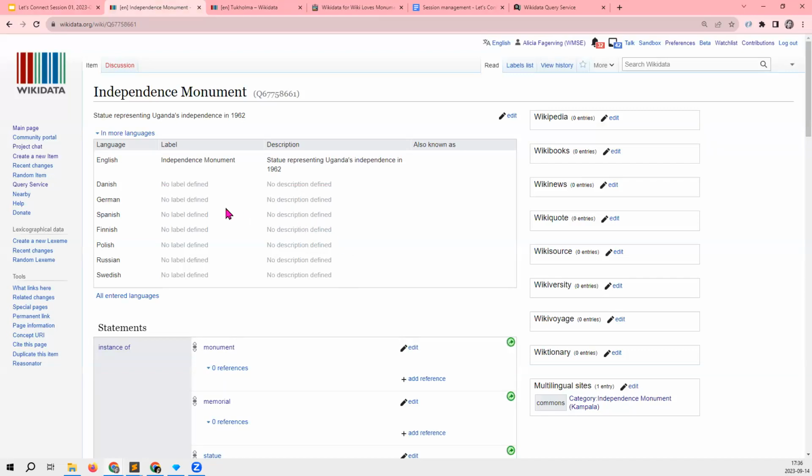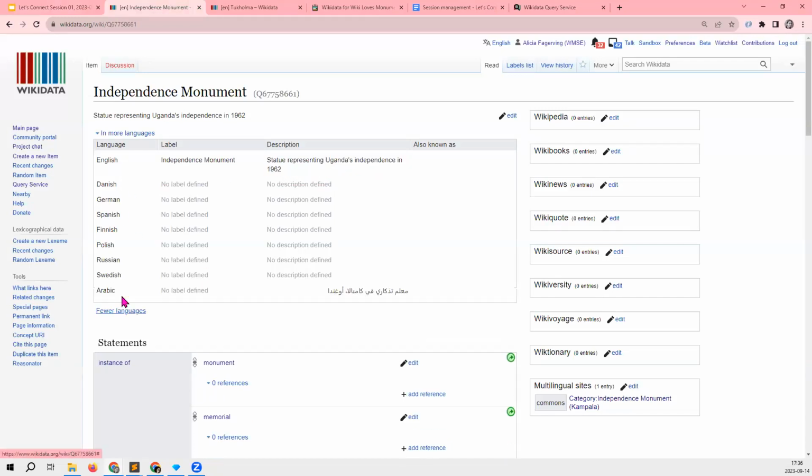Every Wikidata item has what we call terms, that is, labels, what its name is, and a very short description. And these are available in a lot of languages. We can see that this item only has a label in English, and it has descriptions in English and Arabic.